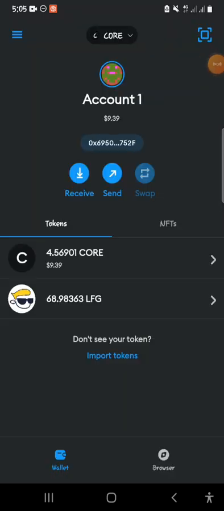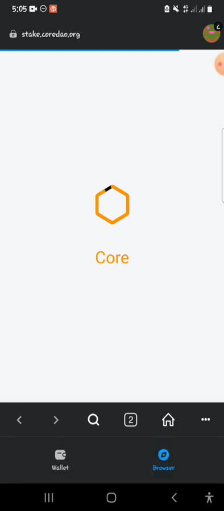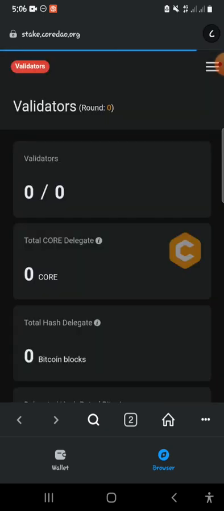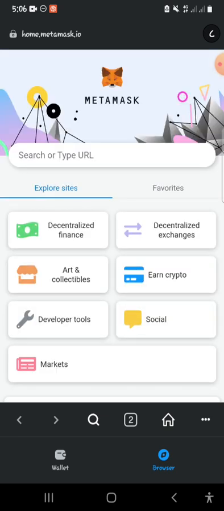Once your Metamask opens, look at this network. Your own might be on Ethereum. For you to change it to Core, click on Browser. Once you click on Browser, it takes you to this place. Look at where they would search or type URL. Search or type URL. Just write